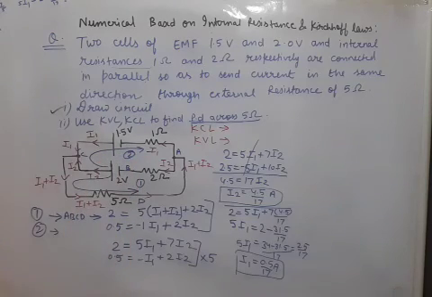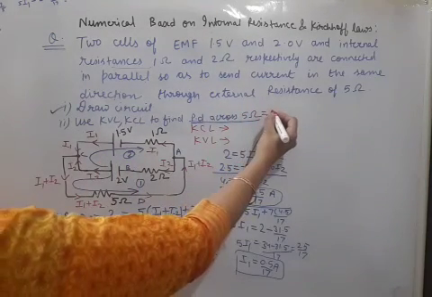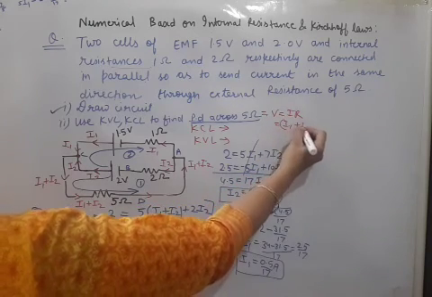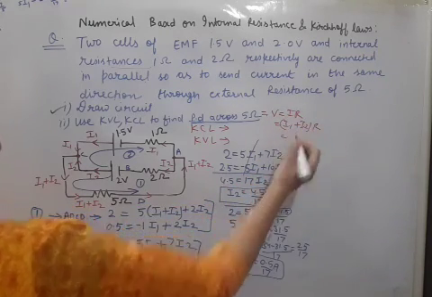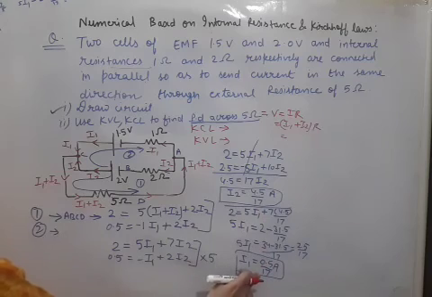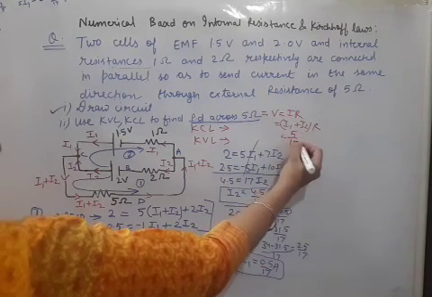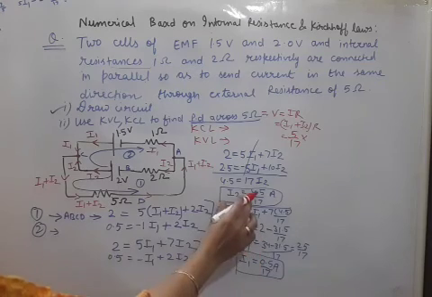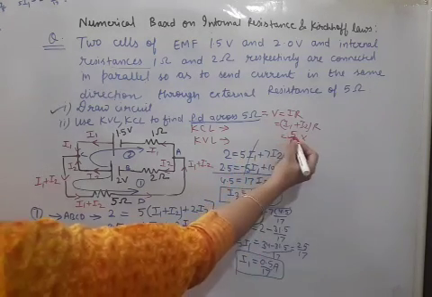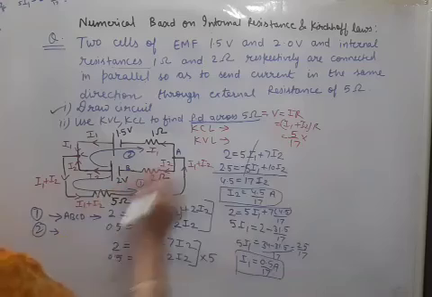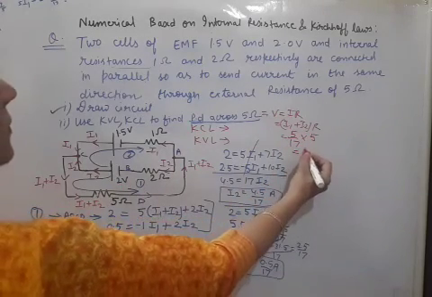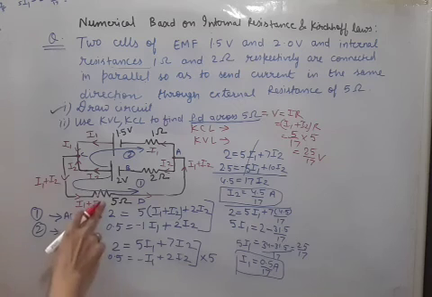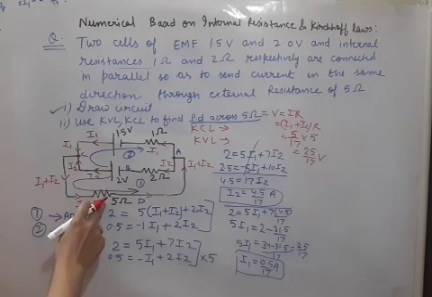V equals IR, where I is the total current I1 plus I2, into R. I1 plus I2 will become 5 by 17, you can see if we add 0.5 and 4.5 it becomes 5 upon 17, into R. R is 5 ohm. This way the answer for the potential drop across 5 ohm will become 25 by 17